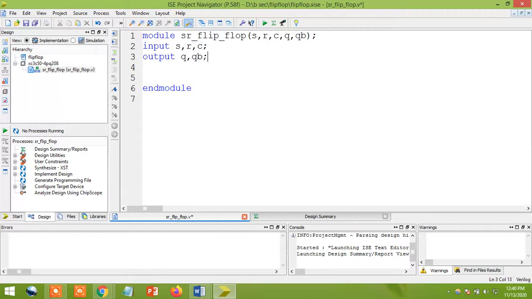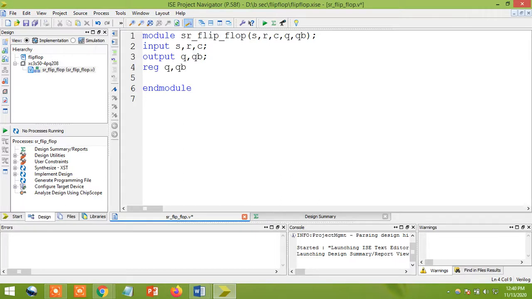I already told you that I'm going to write the Verilog code in behavioral. If it is behavioral, for the output declaration type, what do we need to do? Yes, you can use two statements: a register and Q comma QB.